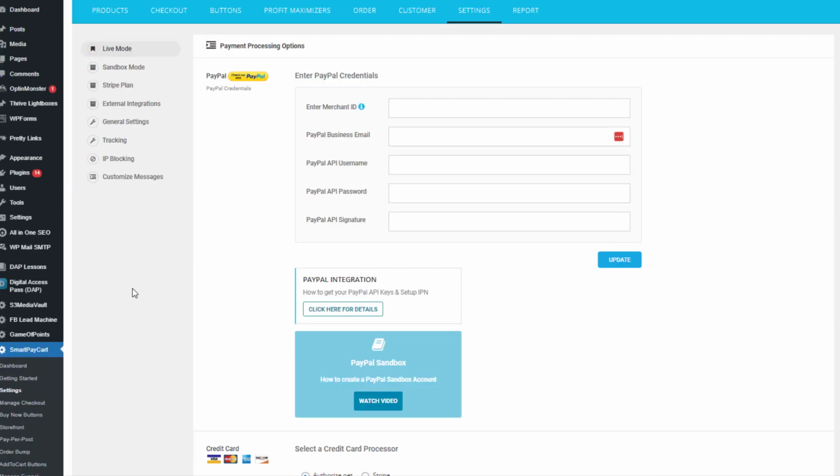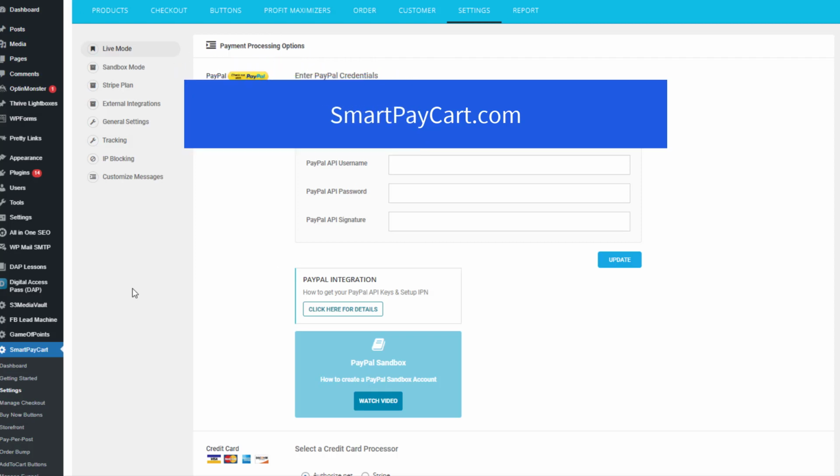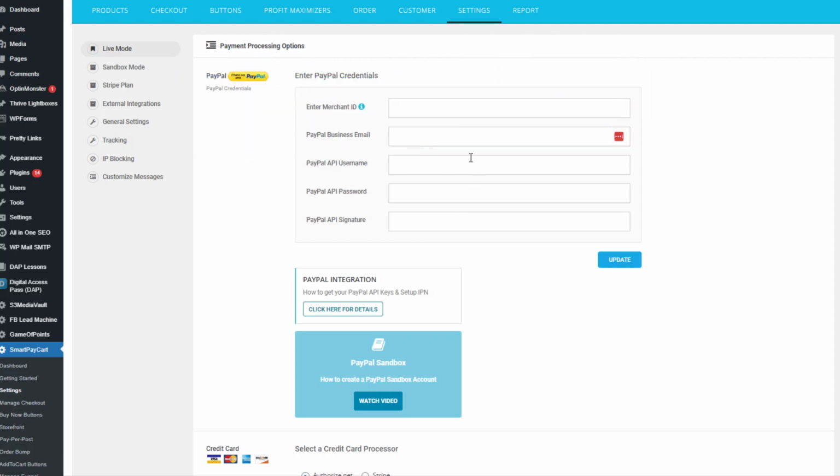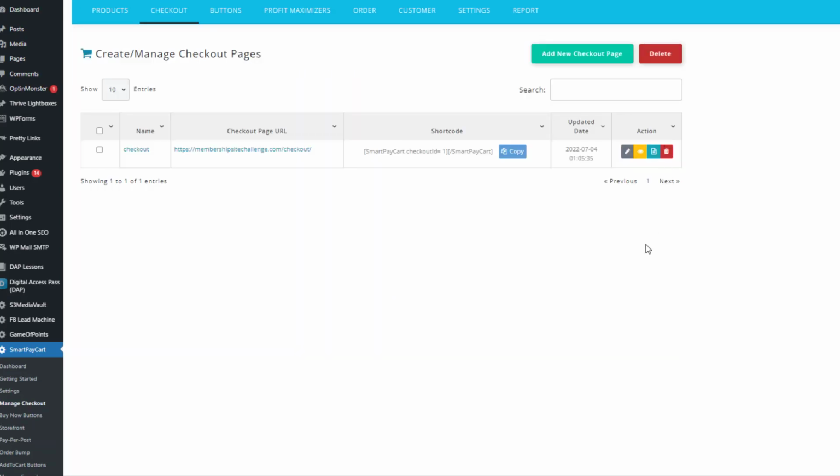Now, this is the backend of Smart Pay Cart. Smart Pay Cart is a plugin made for DAP. So here, this is the settings page. And here, you just have to enter your payment processor credentials. If you want to sell using PayPal or Stripe, Authorize.net, whatever the case may be, this is something you just have to do once. So after you complete this step, then step 2 is to go to the checkout page,